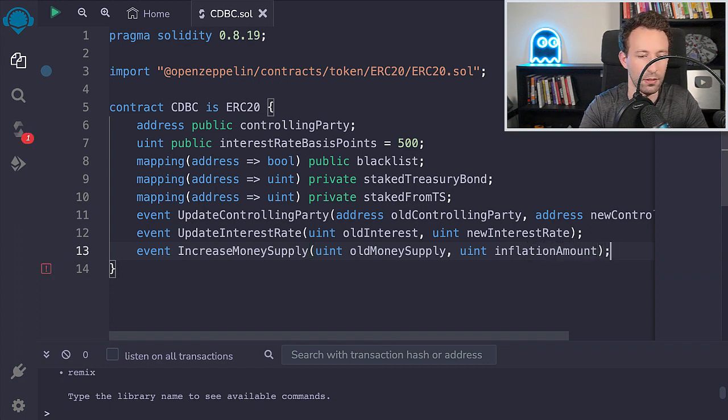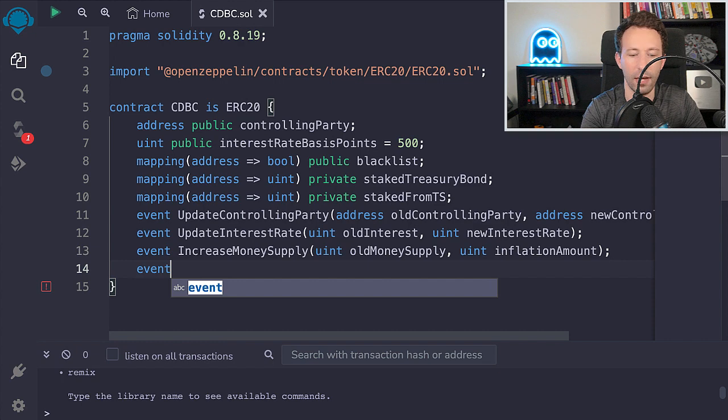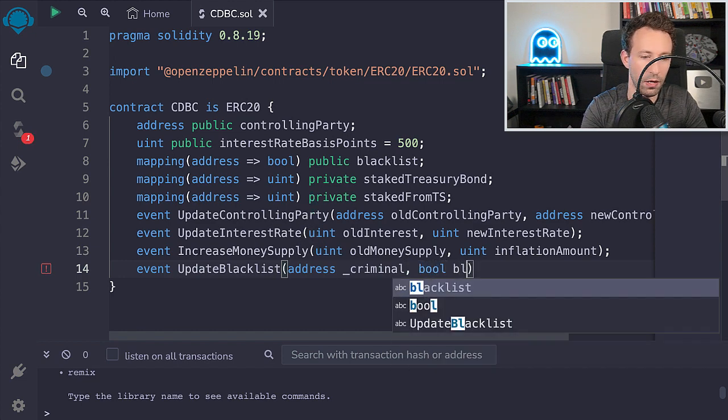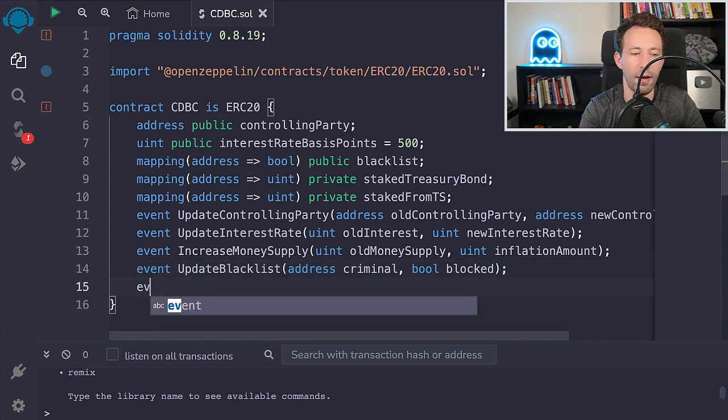All right. And after that, another event is going to be the update of the blacklist. So which criminal we added to the blacklist, and if he was blocked or not.